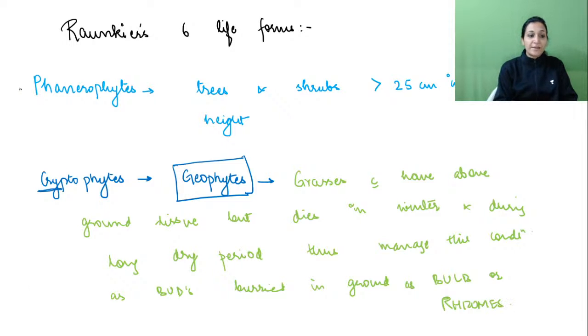Understanding phanerophytes and cryptophytes, they are also called geophytes. Let us highlight the words which are related to this. So height should be more than 25 centimeter when we are talking about phanerophytes. When we are saying cryptophytes, remember something is buried into the ground and something is related to the colder temperature, and that is in the form of bulb or rhizomes. Okay. Now coming to the third life form of Raunkiaer, that is